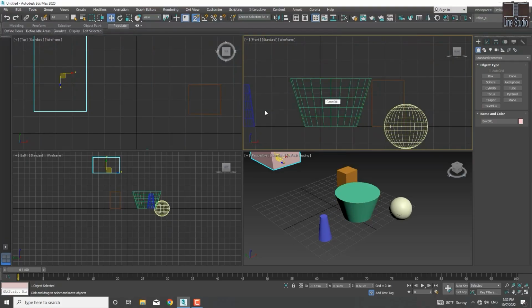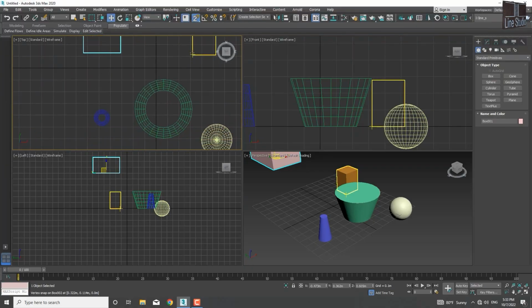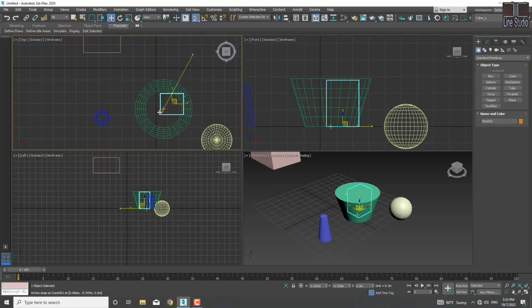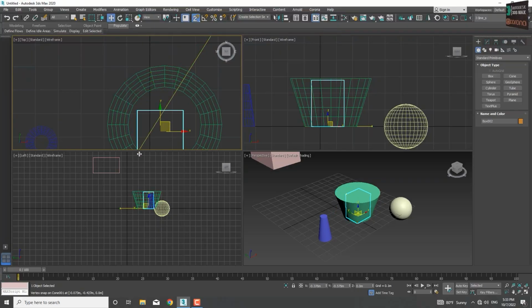So I should be able to take this, let's say the lower corner, and see? I can snap it to any of these corners that share the same plane. For example,